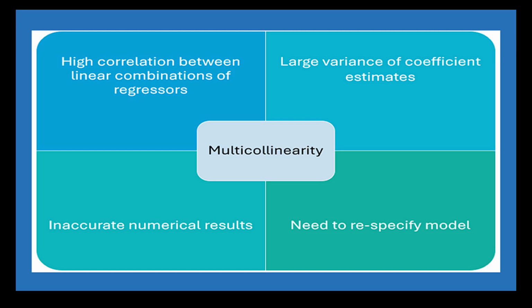So imagine you are trying to predict the price of a house using multiple factors like the number of bedrooms, the number of bathrooms, and the size of the house. If you find that houses with more bedrooms tend to have more bathrooms and be larger, then you have multicollinearity. In this case, the number of bedrooms and the size of the house are highly correlated, and it can cause problems